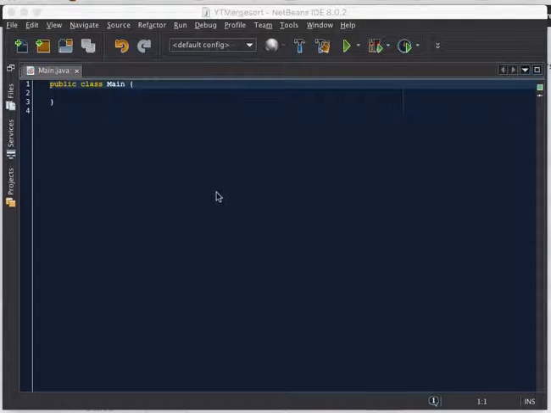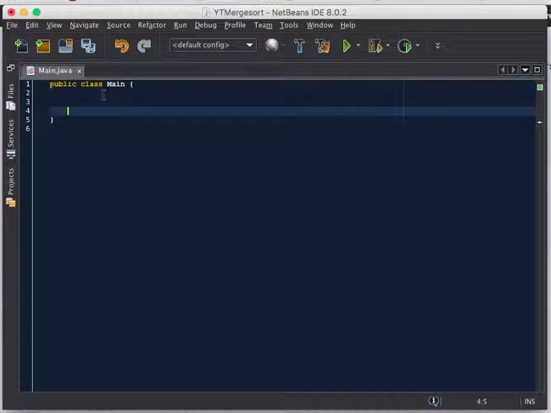Hello all, in this video I will show you how to implement efficiently a merge sort algorithm, and I will contrast it against the so-called trivial implementation, which keeps allocating memory for doing the merges. So first of all, I need a method which will create a random integer array